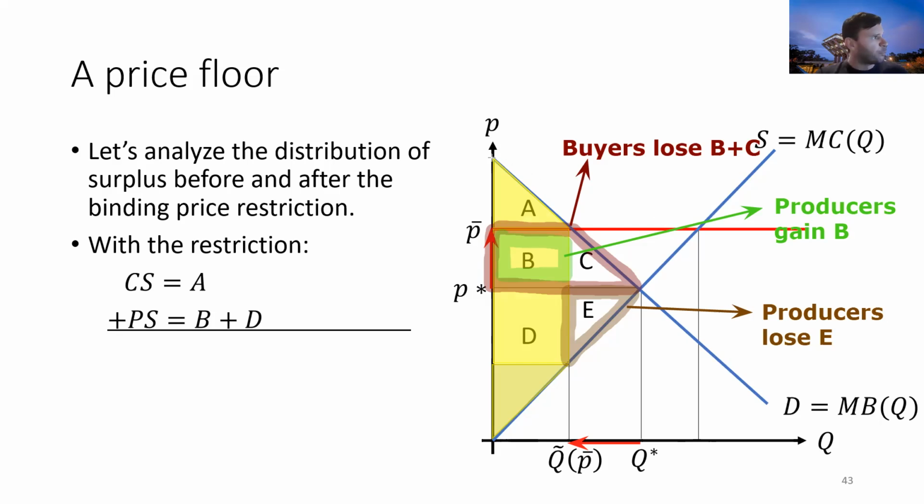If we were to move that price floor all the way up, like we move it even higher, and suppose we move it all the way up there, how many units would be traded if the price floor was set all the way up at the demand curve intercept? Yeah, nothing would get traded then. Okay, so what I'm suggesting here is if that price floor is set too high, not only will it make buyers worse off, it can also make the sellers worse off. But if it's not too high,